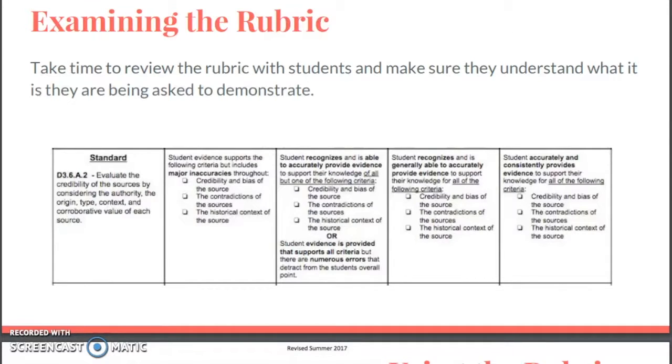Let's examine the standard D3.6.8.2, which focuses on the student's ability to source the documents. The meets expectations states that the student recognizes and is generally able to accurately provide evidence to support their knowledge for all of the following criteria: credibility and bias of the source, the contradictions of the sources, the historical context